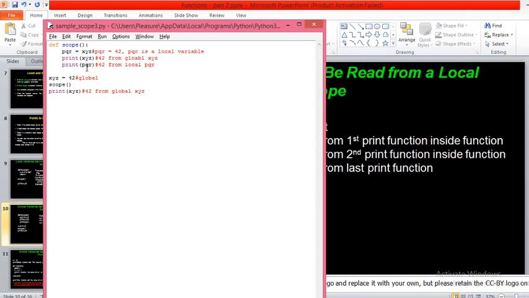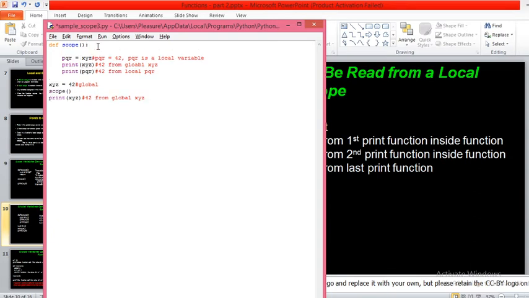Now what we did here, try to understand: we tried to read the value of a global variable in the local scope. We tried to only read the value of a global variable in the function, that means in the local scope. So that time there won't be any error.